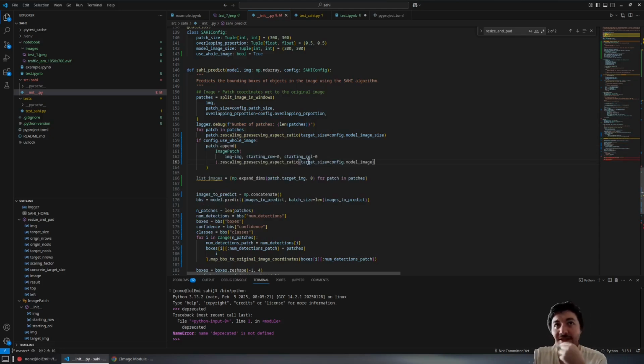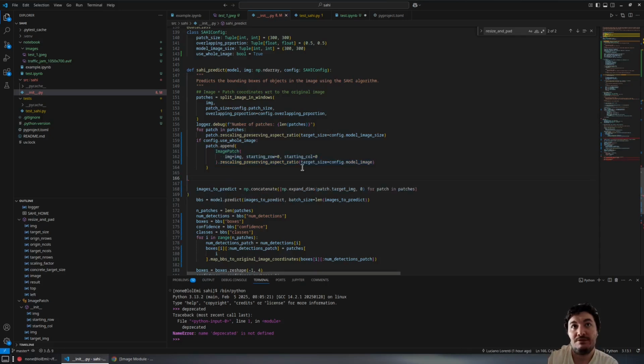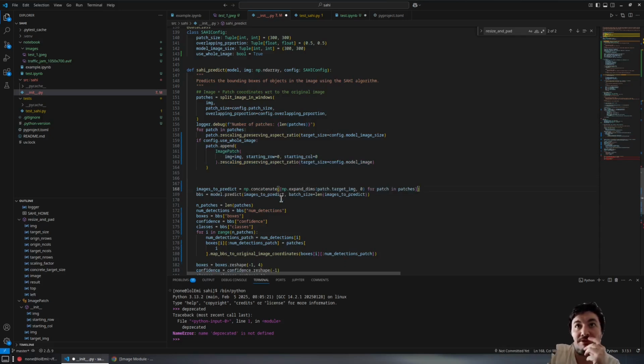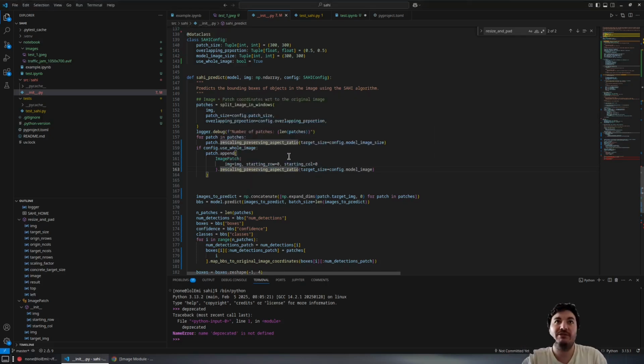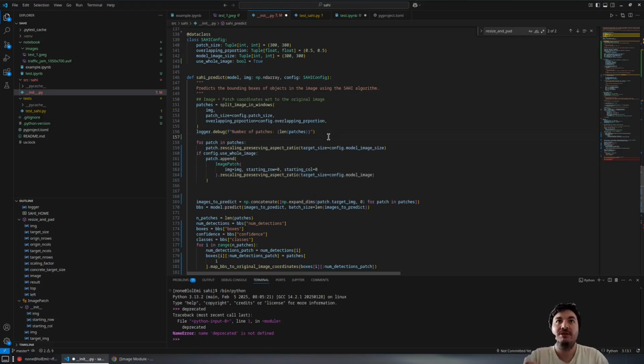Exactly, can I do something like this? And then we are going to have the image, which is the image. I guess we are not copying it, we are just resizing it. Then predicting. Okay, see, not bad. Yeah, we can